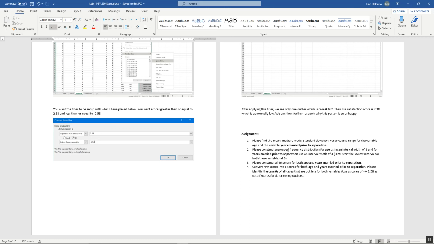So question one, I want you to find the mean, the median, and the mode, the standard deviation, the variance, and the range for the variable age, and also find all of this for the variable years married prior to separation. So those are descriptives that you can do in Excel for those two variables: mean, median, mode, standard deviation,